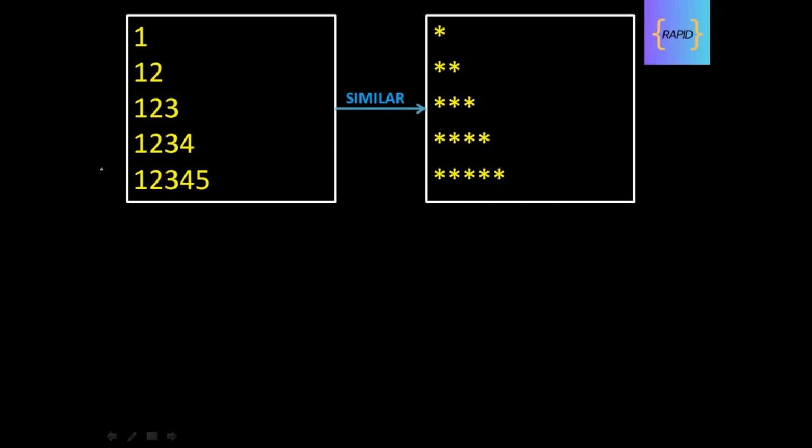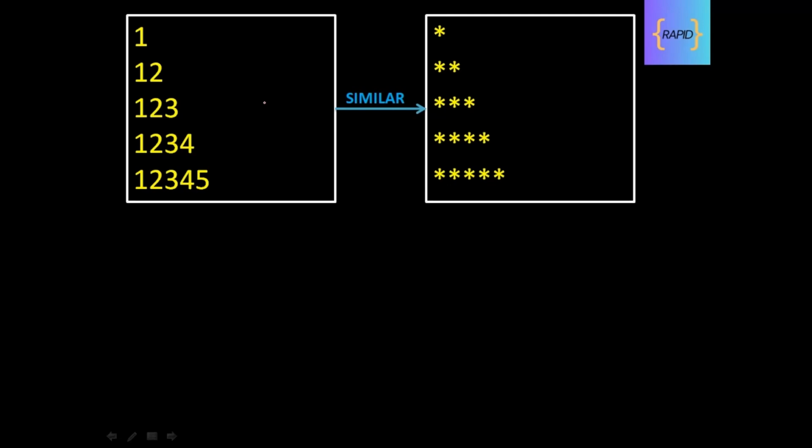Okay guys, let's move to our last pattern. This pattern is very similar to our first pattern. The only difference is here we want to print numbers. So guys, whenever you see a pattern which contains numbers, you have only two options: either you can print i or j.